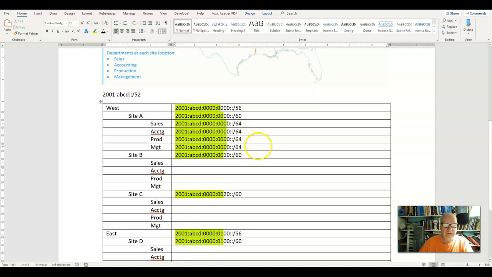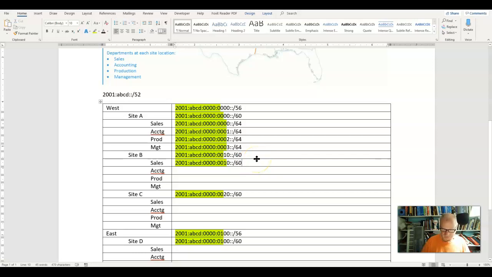Like that. All right, so now with 64, this is going to be my 0th. This will be my 1, my 2 network, and my 3 network. Remember, we always start with the 0th network when we're subnetting like this. All right, now we can do the same thing here with site B. I'll just go ahead and copy it, and this time before I copy it again, I'm going to fill in that green so I don't have to do it again each time.